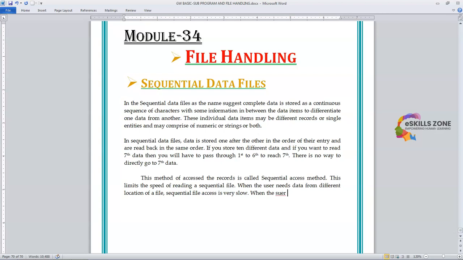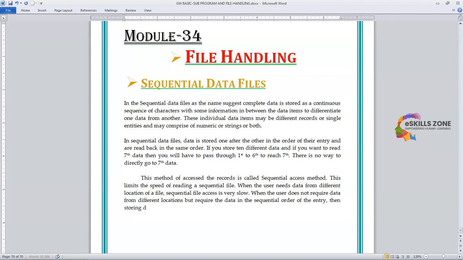When the user does not require data from different locations but requires the data in the sequential order of the entry,